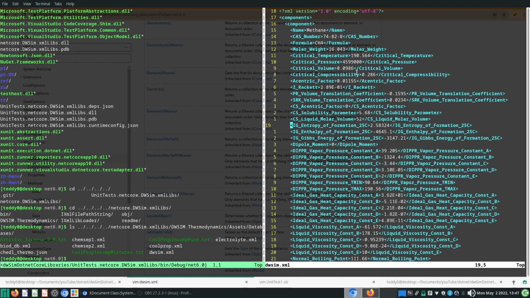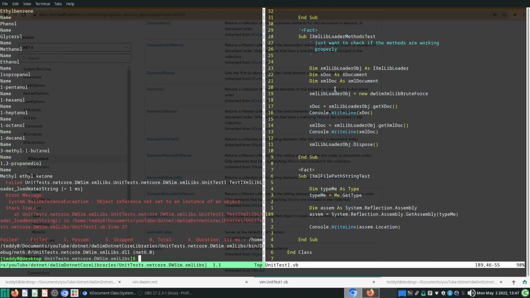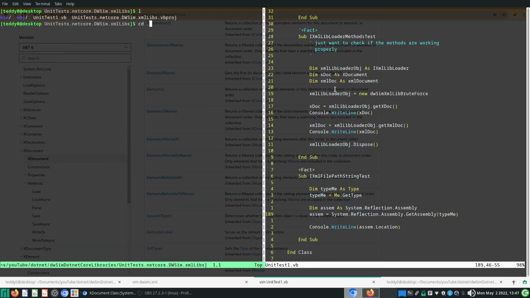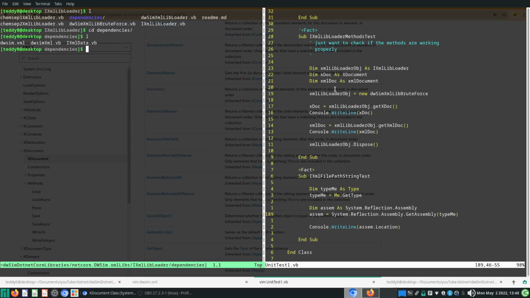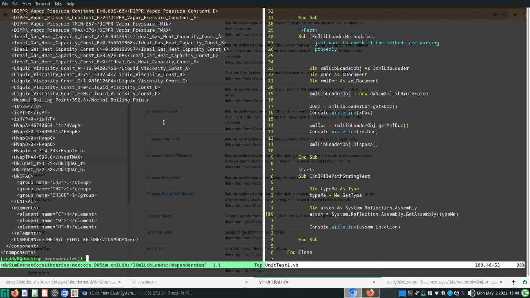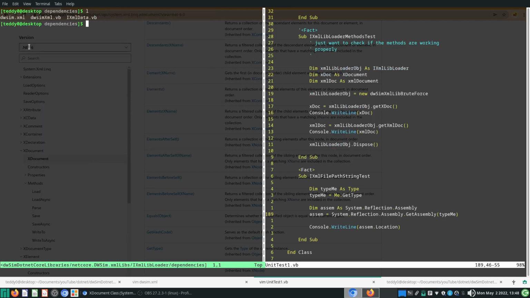Okay, so yeah, here's what I did. Okay, here's what I did. So let's go to netcore dwsim xml libraries, IXml library loader. Go to dependencies here. You see the dwsim.xml, cat dwsim.xml. So this is all the XML files here. Okay, this dwsim XML file was that. And what I did, simply,